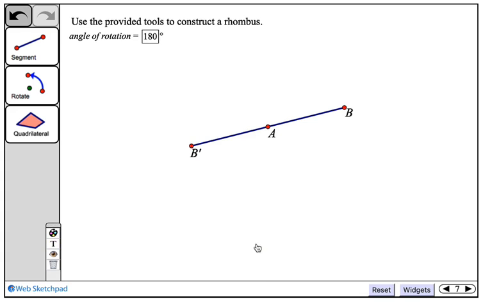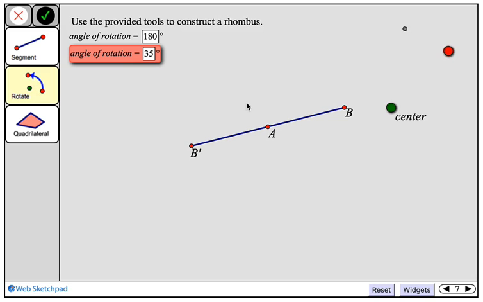It's B prime. So I'm thinking of B and B prime as non-adjacent vertices of my rhombus. This is a diagonal of my rhombus, and I have the midpoint here of this diagonal because I know the other diagonal is going to go through point A and be perpendicular to BB prime. So how am I going to construct a segment through A that is perpendicular to BB prime and is bisected by it? I'm going to start by putting a point anywhere here on BB prime,